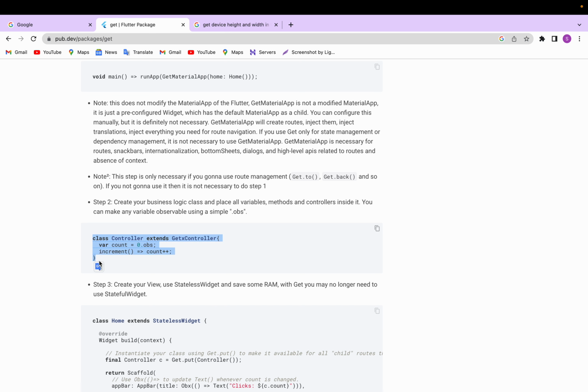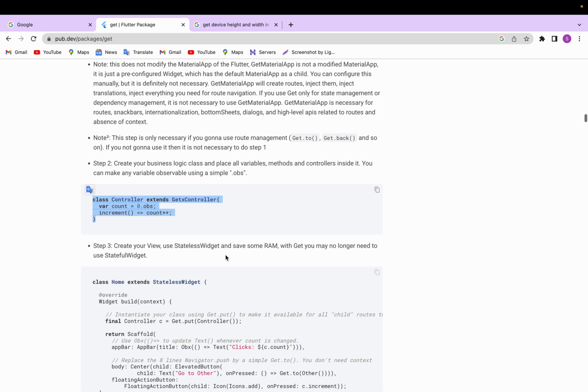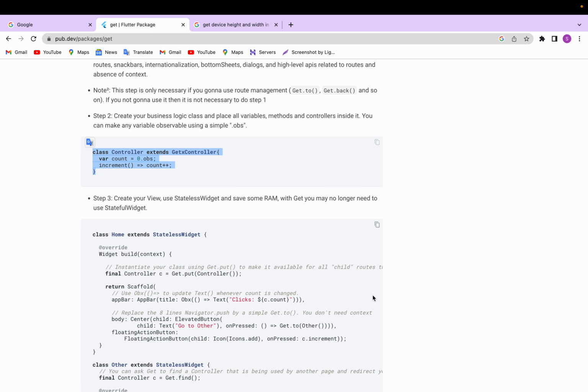Class controller extends GetxController. So this is basically our business logic, and we are using very simple business logic initially for learning purposes. We can put our logic in the same way as I am doing here. Just copy this one